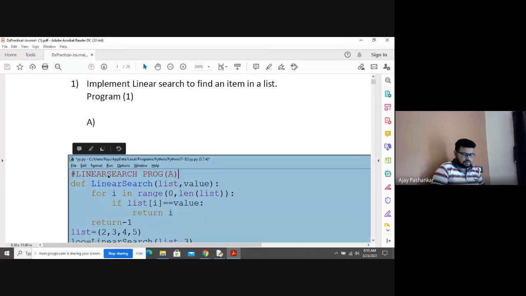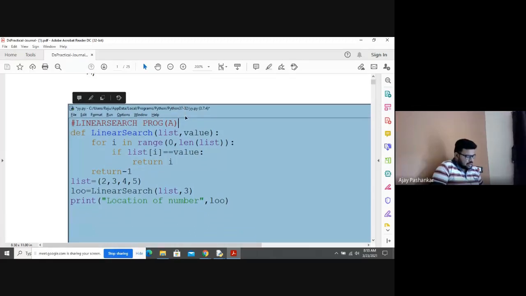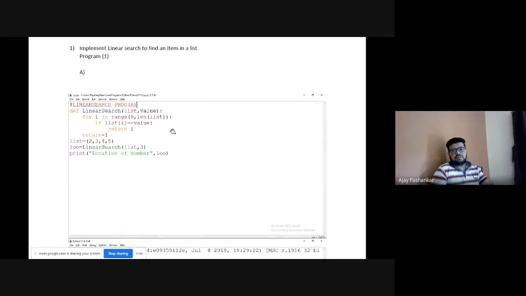Linear search is a kind of searching technique or algorithm by which you can search within a sorted sequence of a list. For this particular example, we'll be searching an element within a list in a proper sorted sequence.